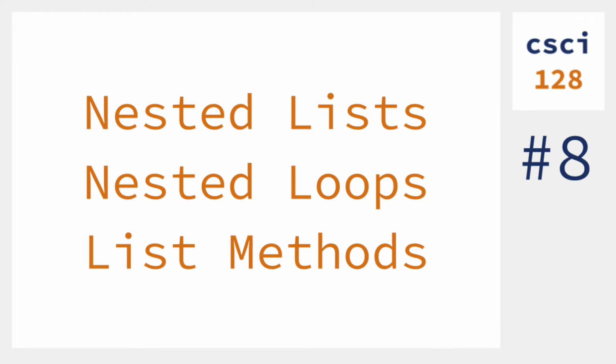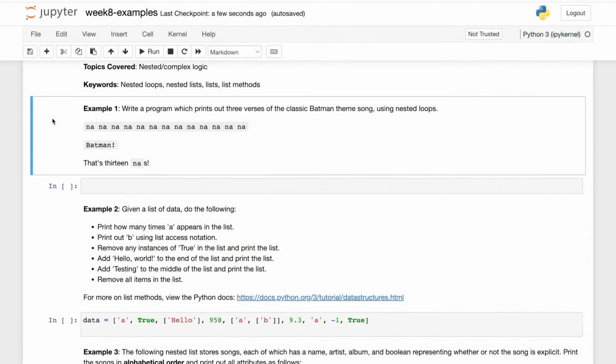Hey everyone, the topic of this video is nested and complex logic. More specifically, we'll go over nested loops, nested lists, and list methods. So our first example says to write a program which prints out 3 verses of the classic Batman theme song